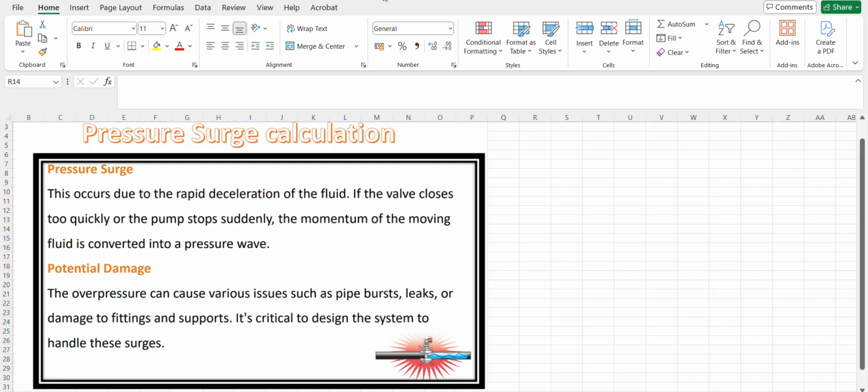So first we will understand what is meant by pressure surge and how it happens. The pressure surge occurs due to rapid deceleration of the fluid. That occurs due to the sudden closing of the valves or when the pump stops suddenly. The momentum of the moving fluid gets converted into an acoustic or pressure wave, and that could result in the rise in pressure